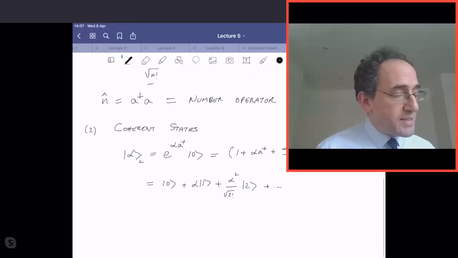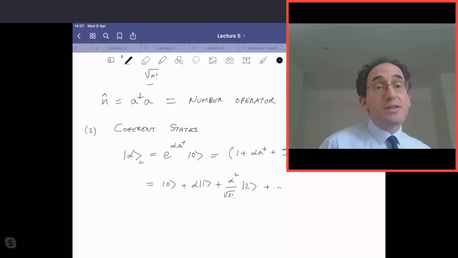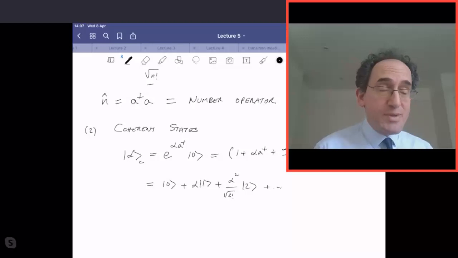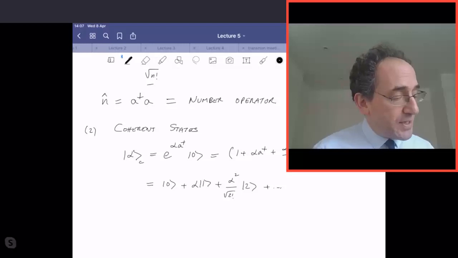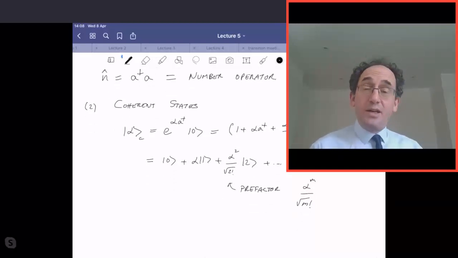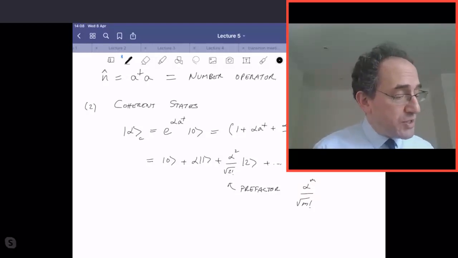Now, a couple things to notice about this series. It's a superposition of different numbers of bosons in the state, or a superposition of different excitation levels of the harmonic oscillator. And the prefactors here, which are generally alpha to the m over square root of m factorial, depending on the value of the coefficient alpha, will be of different size, but you can show that the prefactor peaks, is max